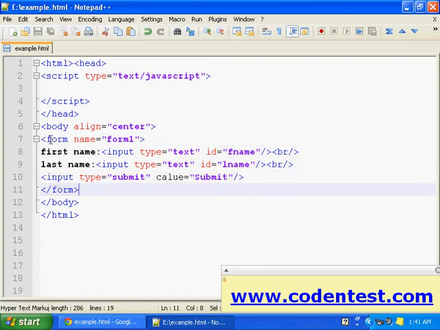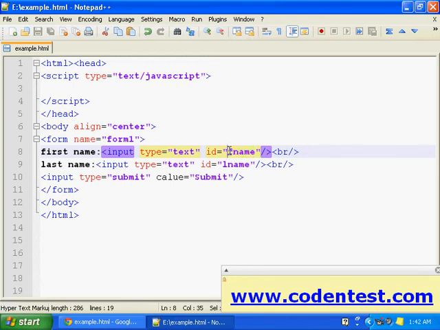So here I created a form and I gave that form a name called form1, and I created first name and last name. For first name the ID is fname, F for first and name.